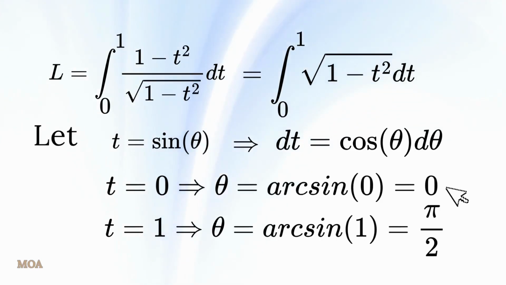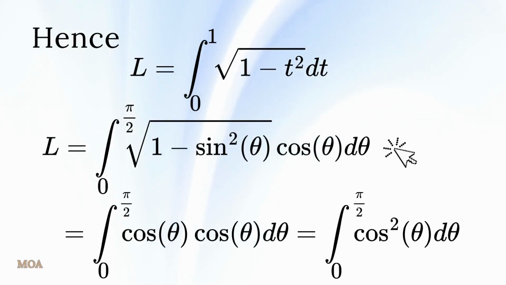When t equals 0, theta is 0. And when t equals 1, theta becomes pi over 2. Hence, the integral L becomes the integral from 0 to pi over 2 of the square root of the quantity 1 minus the sine squared of theta, times the cosine of theta, d theta, using the identity 1 minus the sine squared of theta equals the cosine squared of theta. The integrand simplifies to the cosine squared of theta. This allows us to write L as the integral from 0 to pi over 2 of the cosine squared of